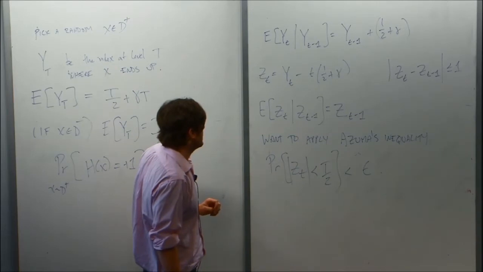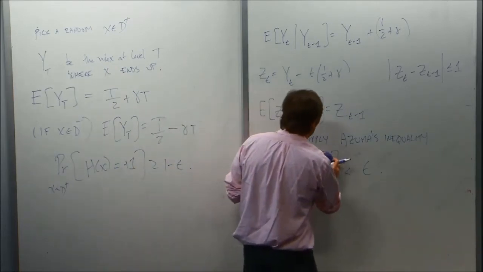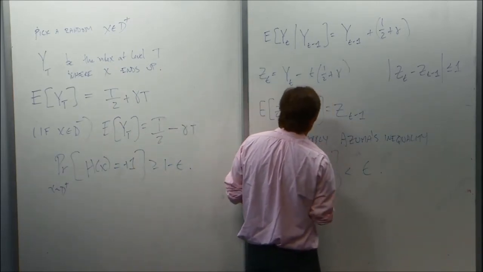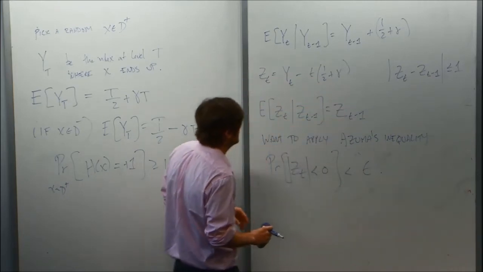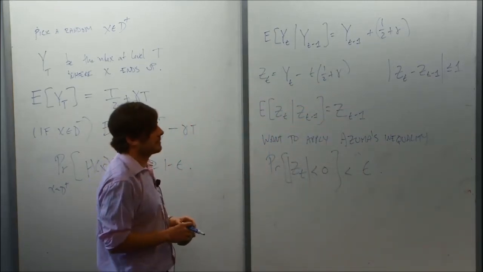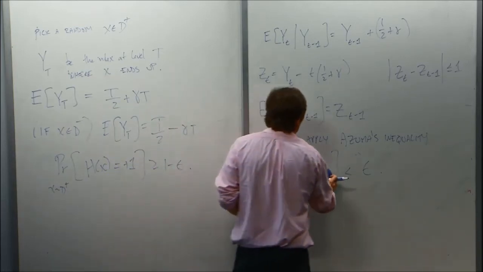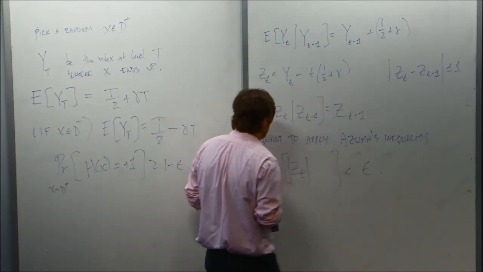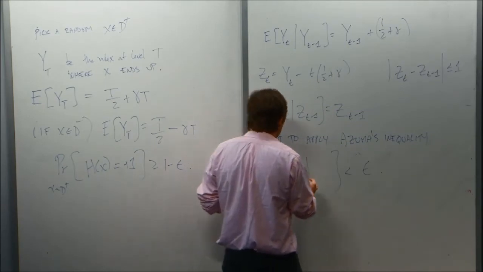Wait. Yeah. So now you want this to be less than, this is 0 or something like that. I mean, I'm subtracting off this particular offset. Yeah. So you want to estimate the... No, this probability can't be that. Right, it's greater than t times gamma. Yeah, you're right. You're right.